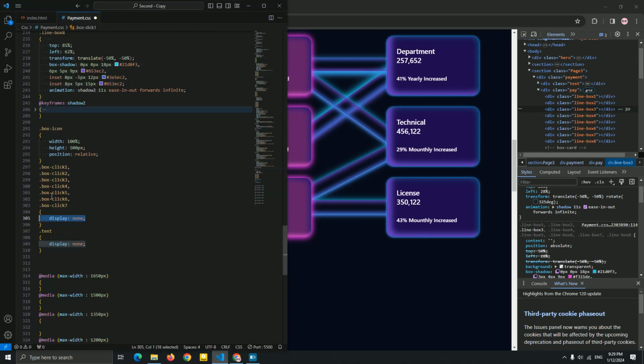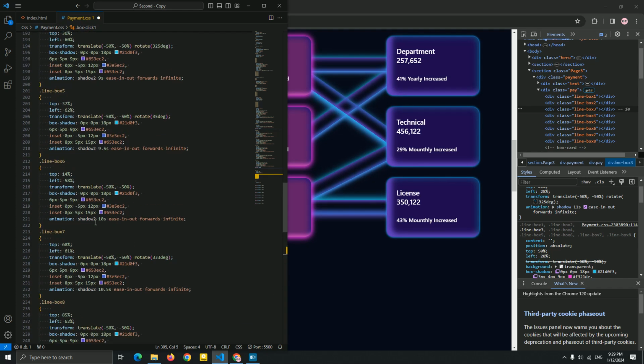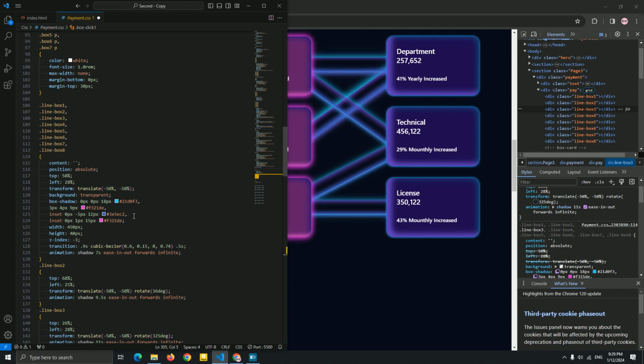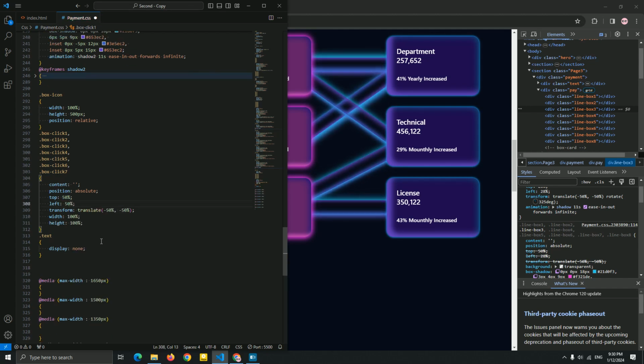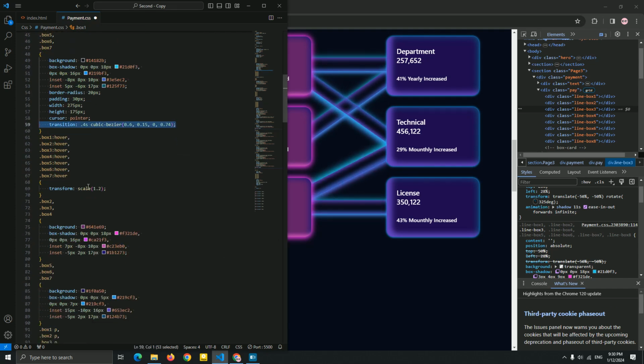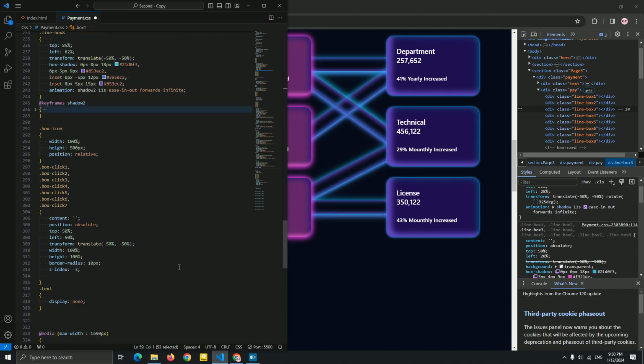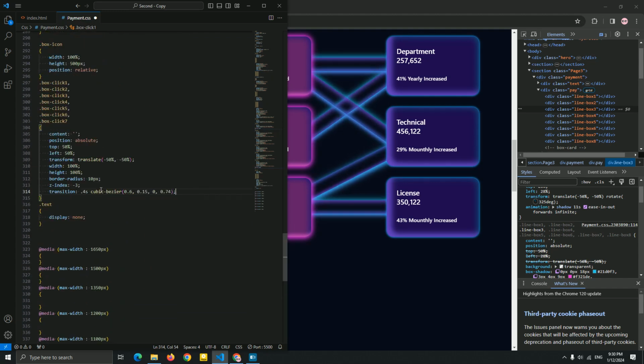Let me just fix this box click, too fast for the JavaScript. So I'm gonna just add a position absolute, and I'm just gonna copy this, paste it. Let me add the width, height. Okay, let me a center, 50%, very good. Let me add border radius, 10 pixels, index -3, transition. And let me just add a transition, guys, for this, because we need a JavaScript for this. Okay, this is a transition. Let me change it to 1.1 second of this cubic base here. Okay, and let me add a 0.5 second.